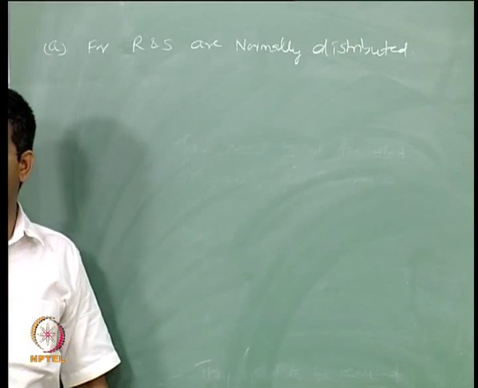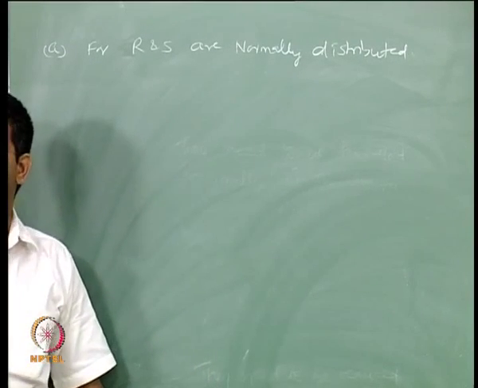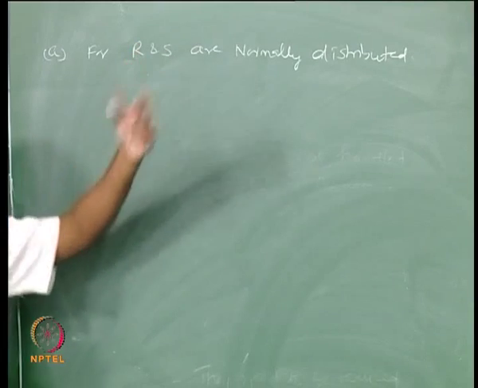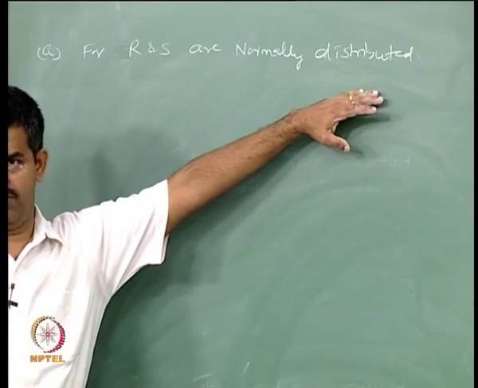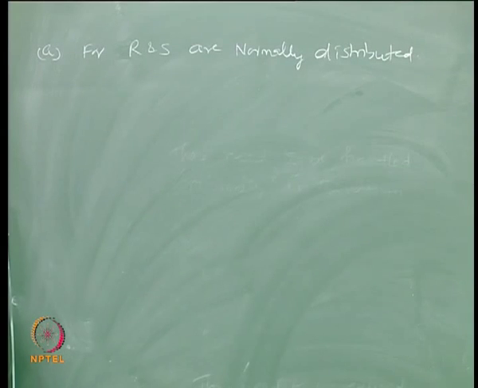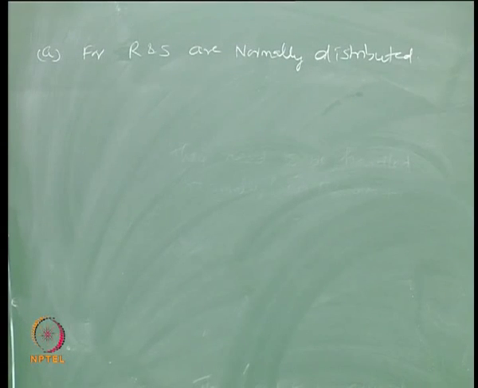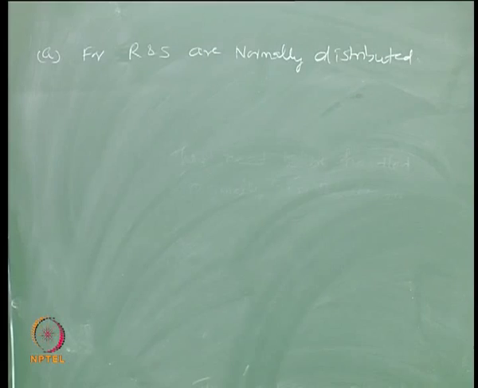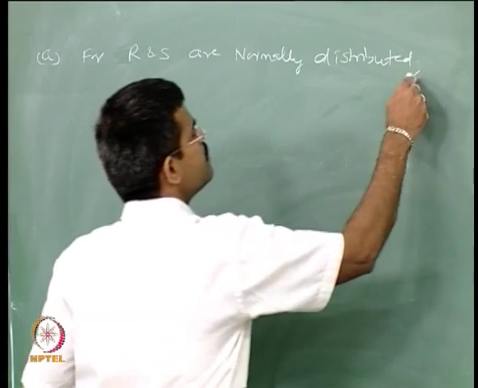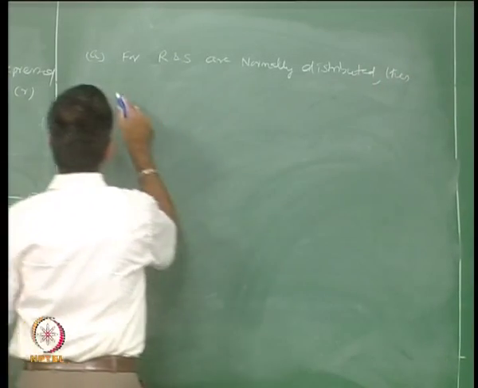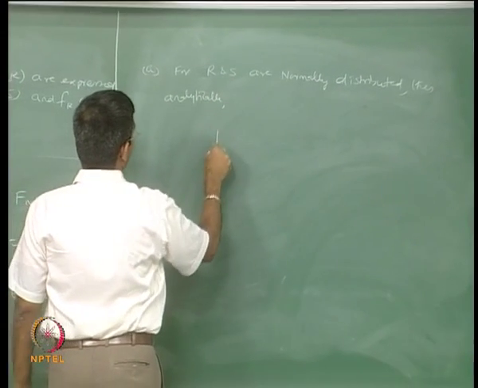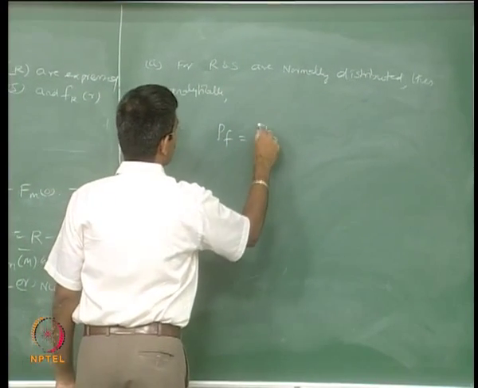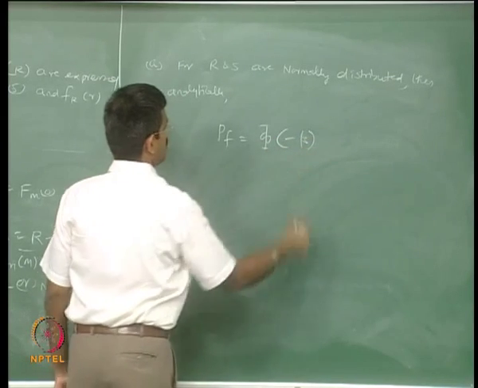Load can be caused from different variables V1, X1, X2, X3, etc. It is again a statistical parameter. Both of them, let us assume they are normally distributed. If they are normally distributed, then analytically the probability of failure can be given as a function of minus beta,